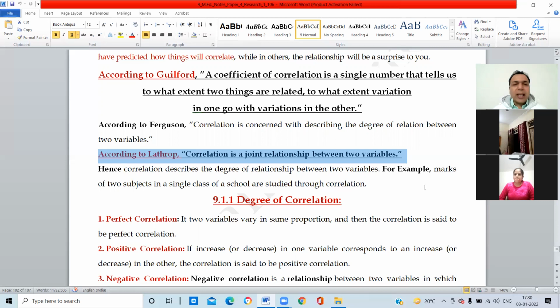But what happened at the time of polling? The Congress government won, right? So here, you can say this is a kind of relationship. If 100 seats are shown by the survey and if the AAP government wins the 100 seats, then we can say that it is a positive correlation, right? But what happens? Sometimes a relationship exists, sometimes a relationship does not exist, in simple terms, right?